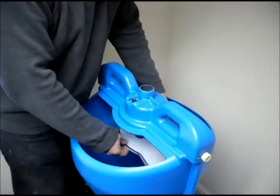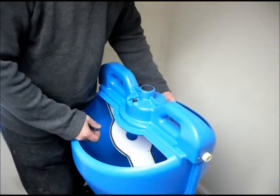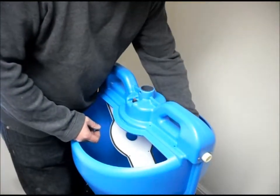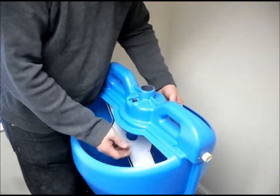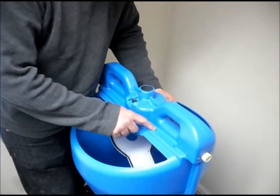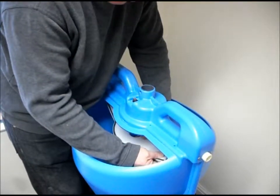Next step is refitting this plastic plate. This needs to be lined up correctly, but also when it's fitted you have to make sure that the cables and the pipe underneath this section don't get trapped between the plate and this section of the plastic here, otherwise it won't seal properly. So again, to get it in, you just need to flex it slightly,